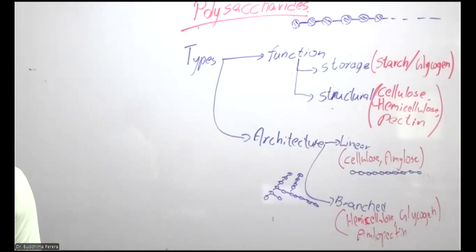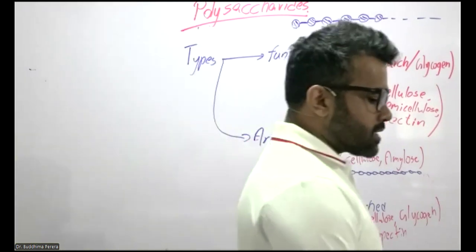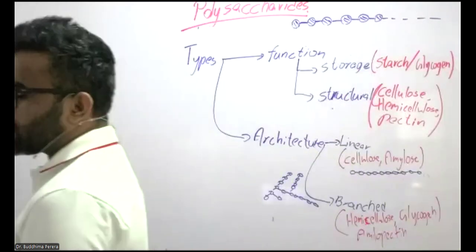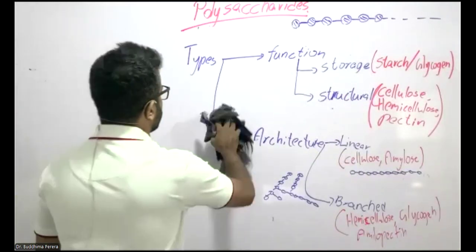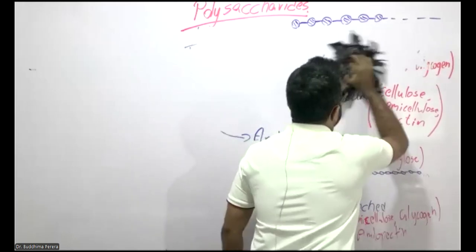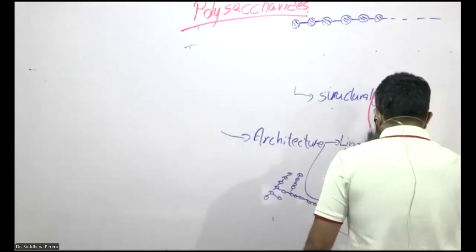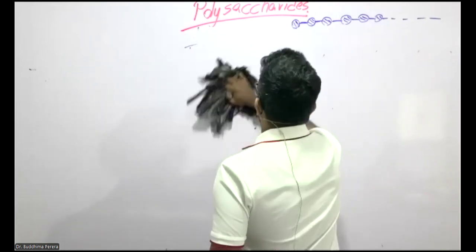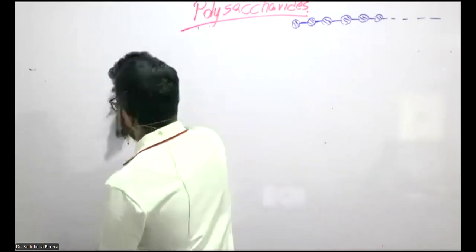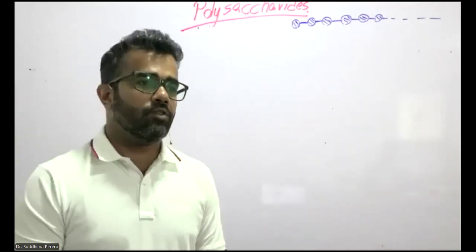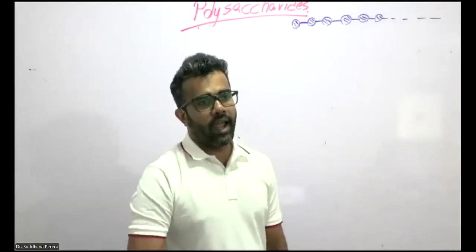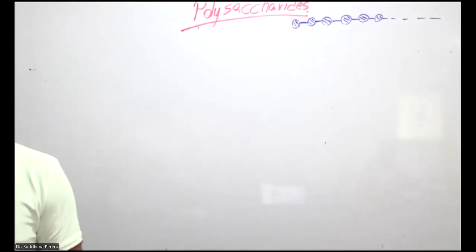Right. Then there are some examples for polysaccharides. There are few examples for polysaccharides. You have to remember. What are those examples? So you have to remember the polysaccharide and what it was made up of. That means the monosaccharide used to make those polysaccharides and its function. So first examples